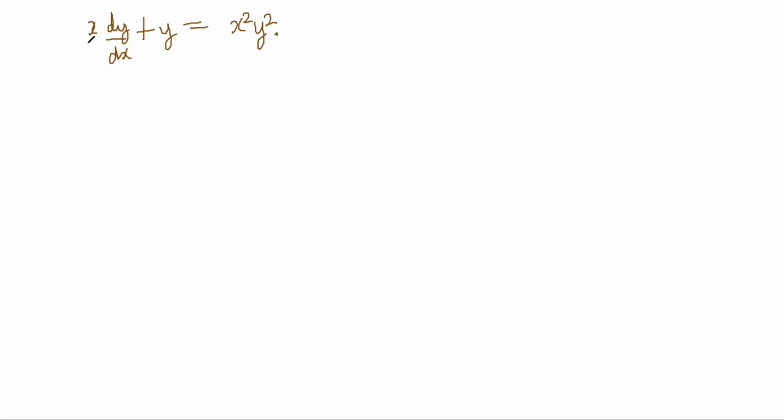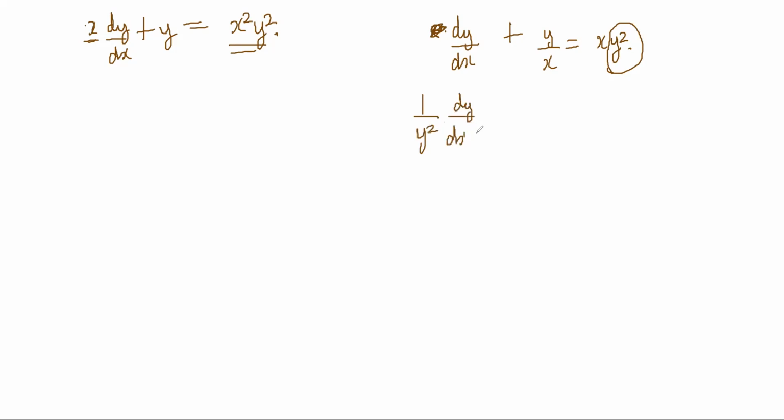Now, obviously, there is a y square here, right? So it works directly. First you should divide by x, because here there should not be an x. So dy by dx plus y by x is equal to xy square, right? And now this side there should not be any y's, so I'll divide by y square: 1 by y square dy by dx plus 1 by x into 1 by y is equal to x.